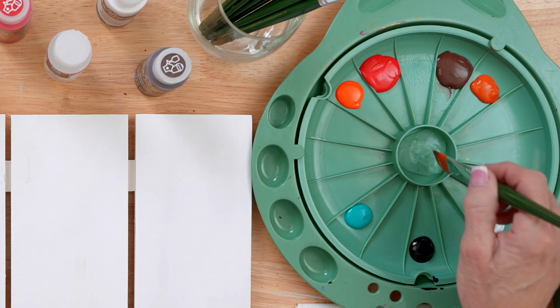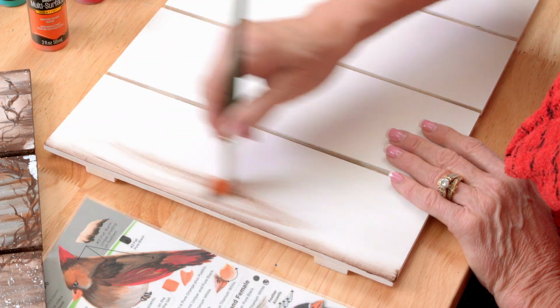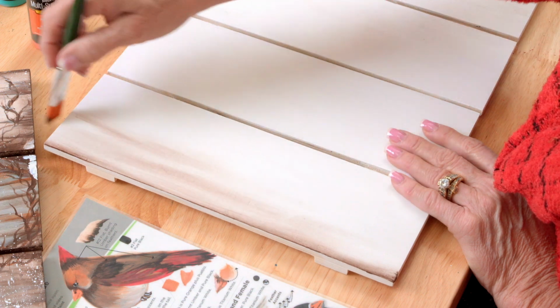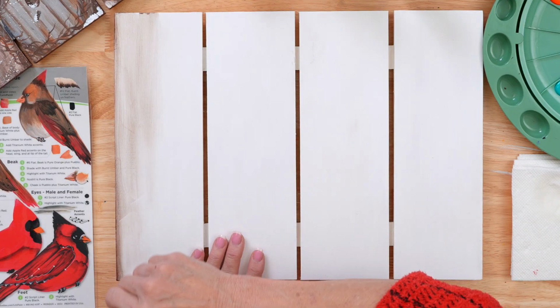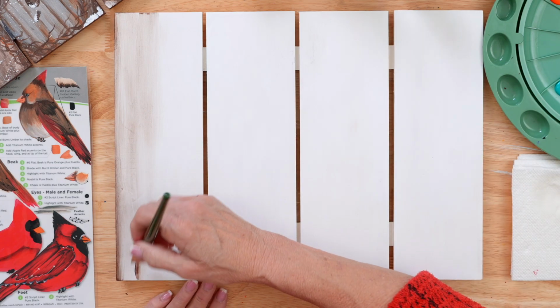All right. Then as I pick up more medium, I can come in here and just make a few different moves in here. We're going to go all across before we start our knots. And then